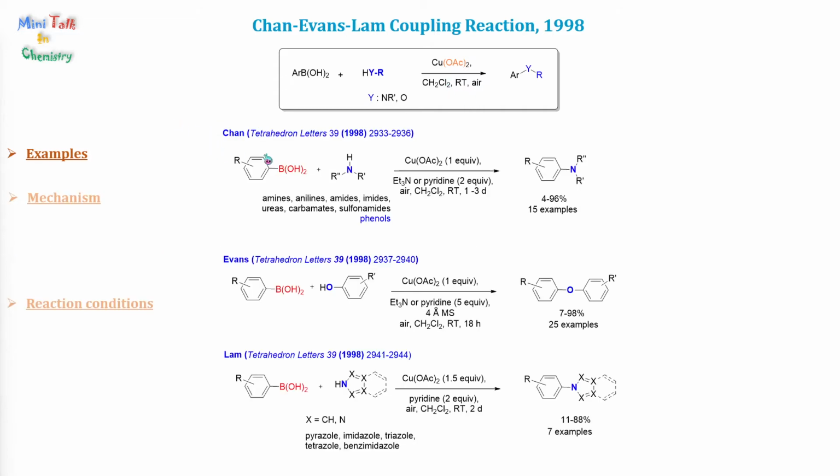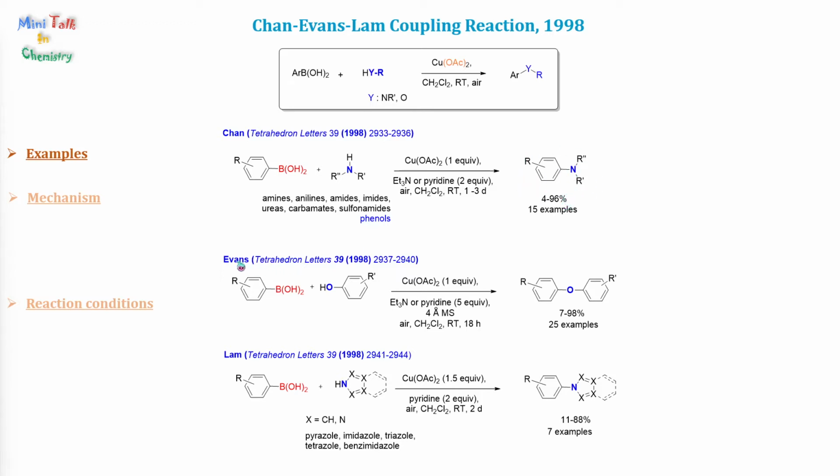air. Now let's go back to 1998 when Chan, Evans, and Lam published their work back-to-back in Tetrahedron Letters. Chan and his co-workers reported the C-aryl N bond and C-aryl O bond formation by simply stirring an amine or phenol with an aryl boronic acid with a stoichiometric amount of copper(II) acetate and triethylamine or pyridine as the base and methylene chloride at room temperature under air for 1 to 3 days to give the amine or diaryl ether in